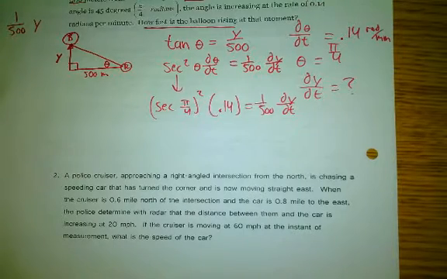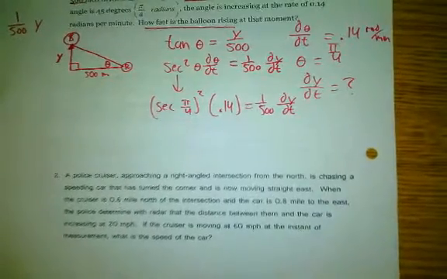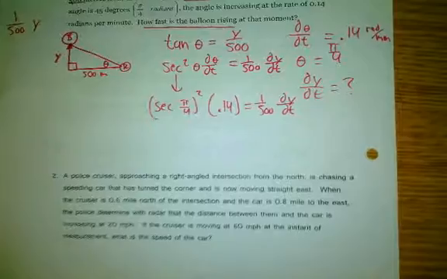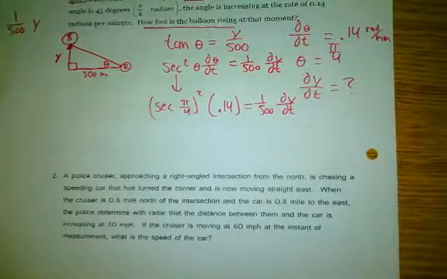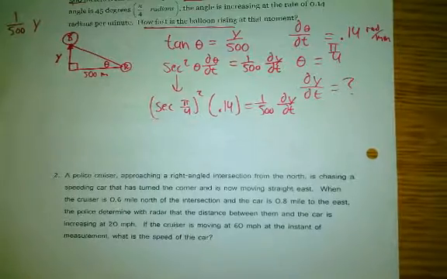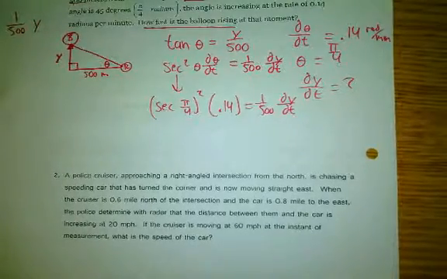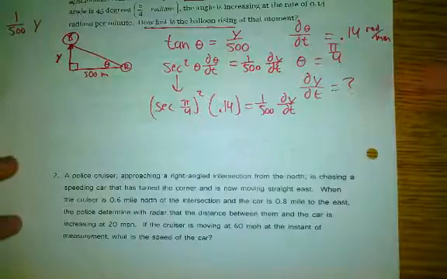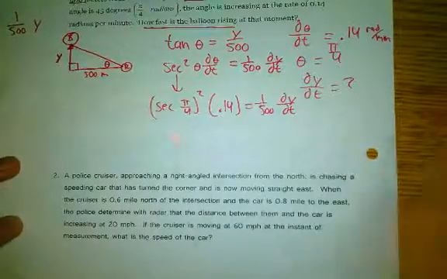What is the secant of pi over 4? Well, we know that it's going to be the reciprocal of cosine, right? And the cosine of pi over 4 is root 2 over 2, so then that becomes 2 over root 2 times root 2 over 2, the 2's go away, so the secant of pi over 4 is root 2. If I square that, it's going to become